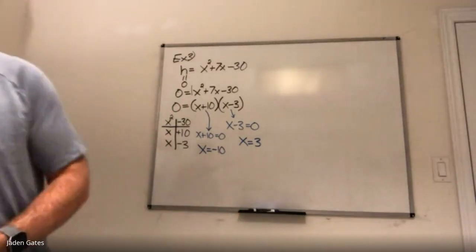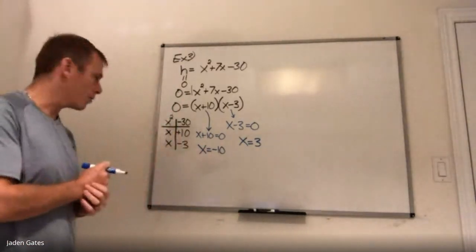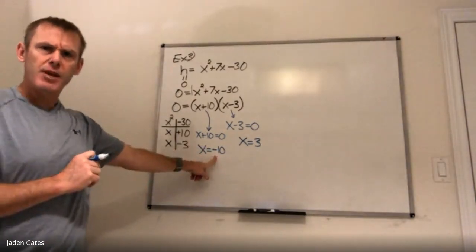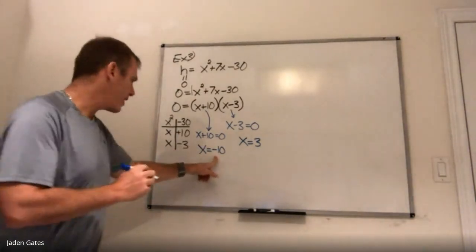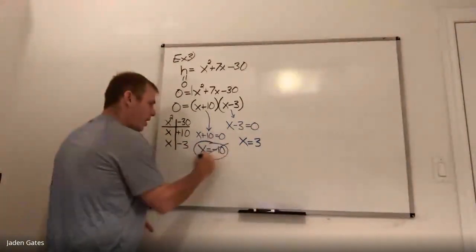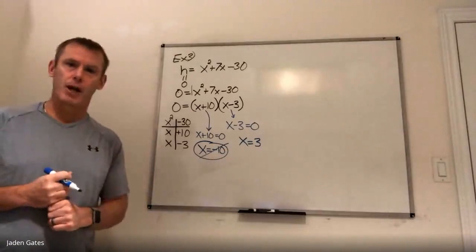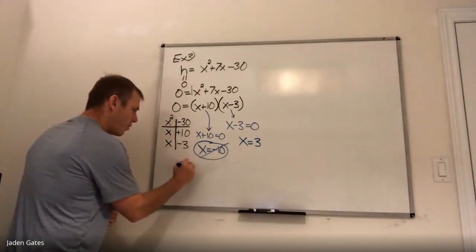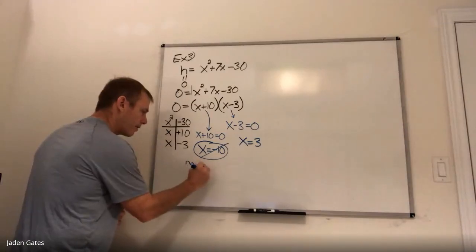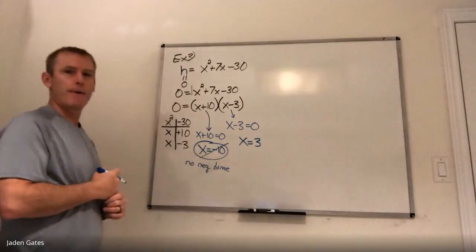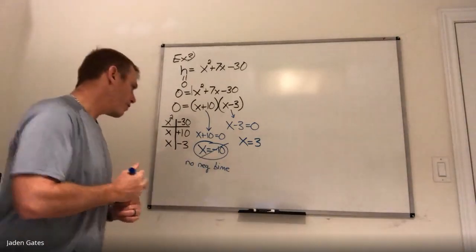And so when I look at it, and I have to analyze it, because again, it's a word problem, this negative 10 here, negative 10 seconds, you can't have negative time. So I am going to put a line through this answer, but you just can't say, oh, I don't like that answer. The reason is no negative time. There's no such thing as negative time. All right? And so therefore,